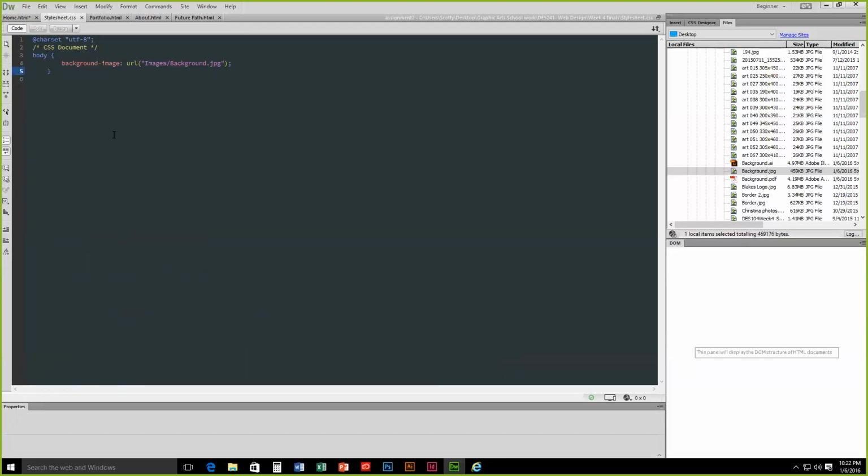We could have the body selector pertaining to a certain class. Let's see, we could have another graphic. So this would be the default one, but